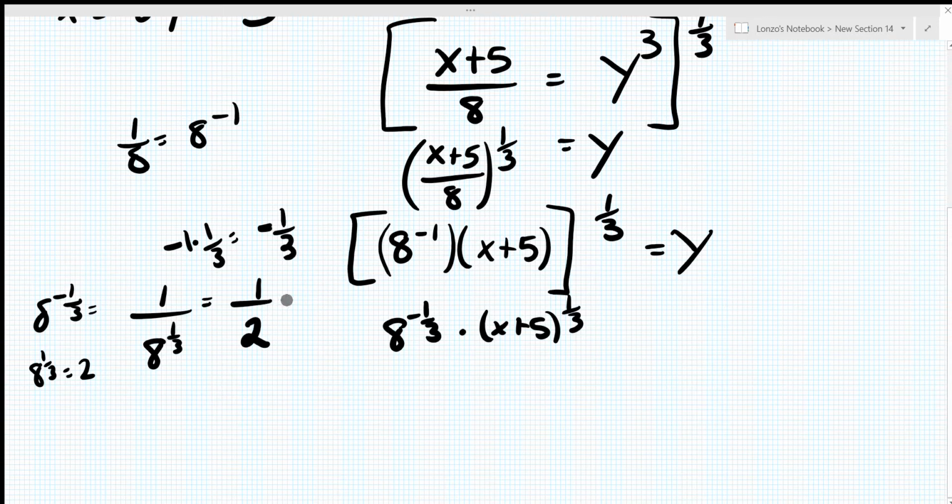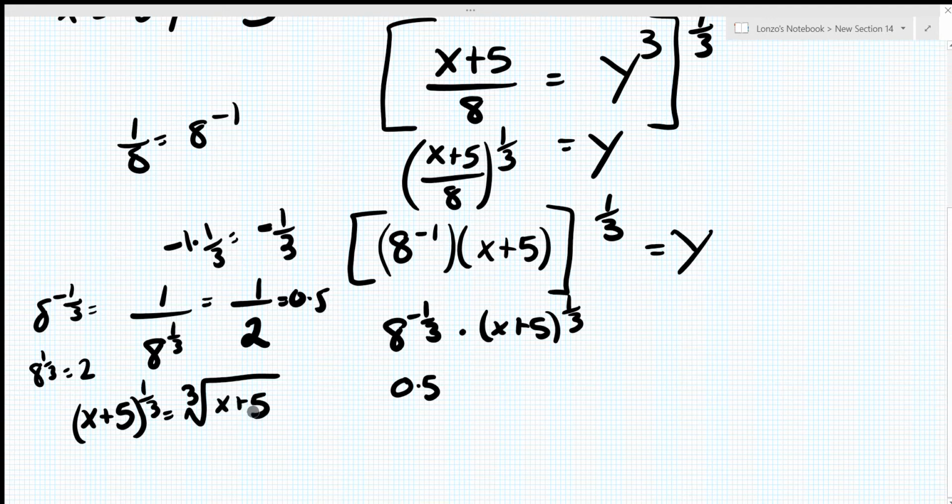Okay, so 1/2 is equivalent to 0.5. So we could rewrite that 8 to the negative 1/3 as 0.5, and then x plus 5 to the 1/3 is equivalent to saying the cube root of x plus 5, right? That's the same thing. And then they're right next to each other, so that means they're multiplying, so we can rewrite that as 0.5 times the cube root of x plus 5